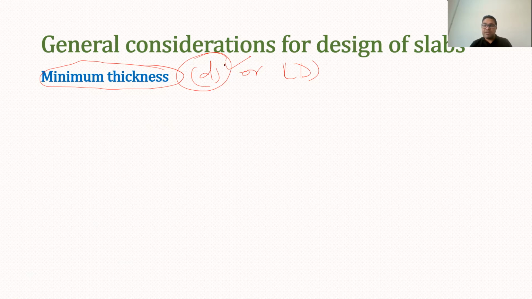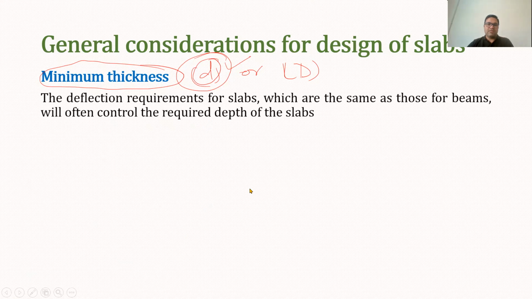So therefore it becomes very important to check the depth against the deflection criteria because slabs are thin members as compared to the beam. So therefore, in this, we have to find out the deflection first, and with the deflection relation, we can relate that with the dimension of the slab, and to be specific, the depth.